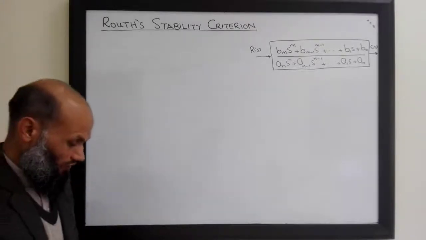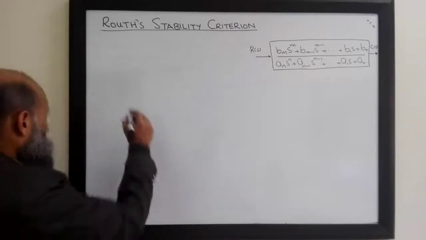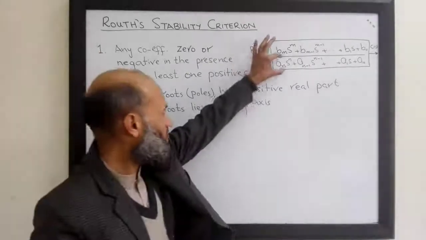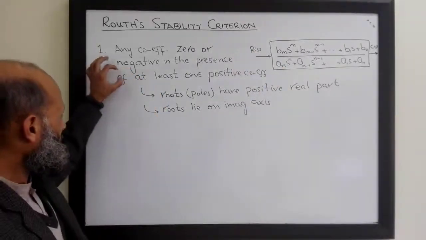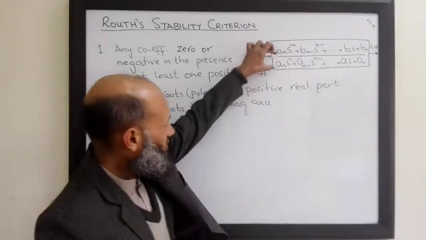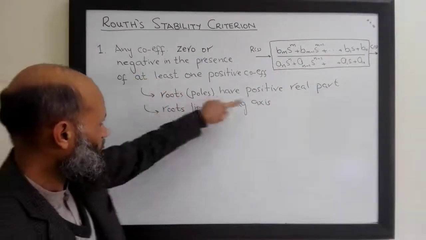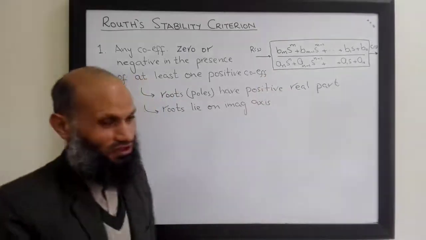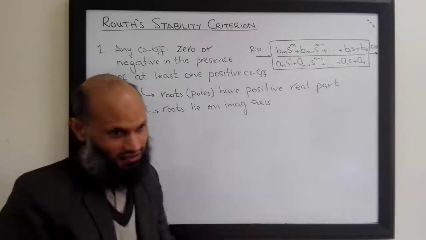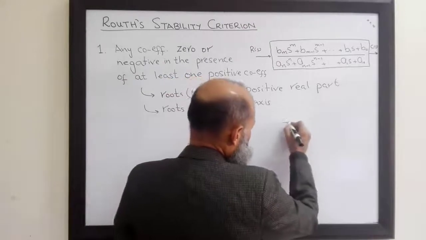The first condition of Routh's stability criterion is described by this statement. If any of the coefficients of this denominator polynomial is negative or 0 in the presence of at least one positive coefficient, then the roots of this denominator polynomial will either have roots with positive real part, that is, the system will be unstable, or the roots will lie on the imaginary axis, that is, the system will be marginally stable. For example, if you have this denominator polynomial,